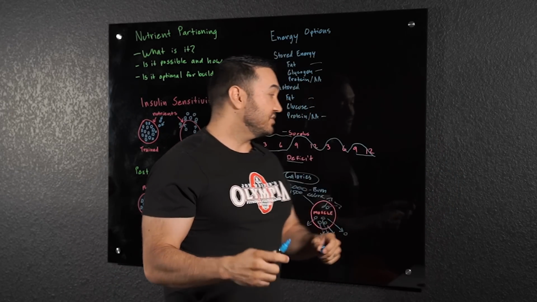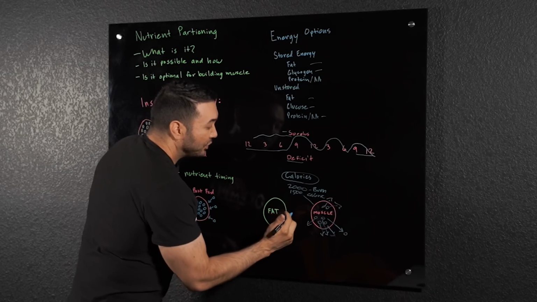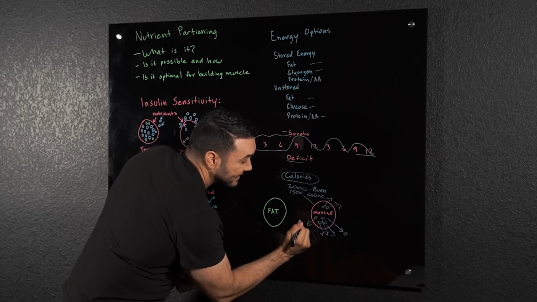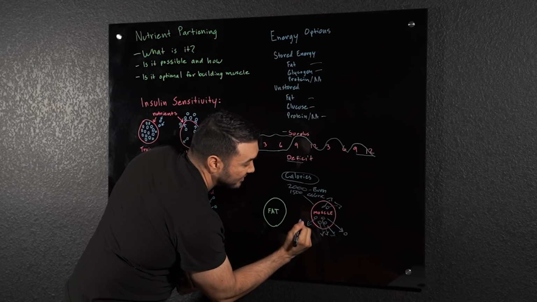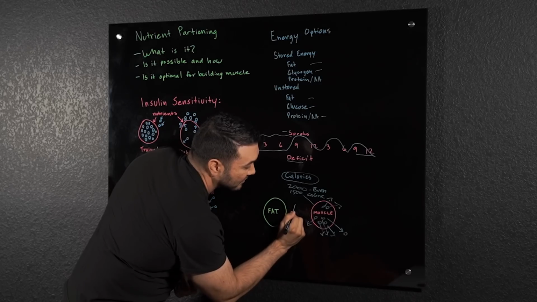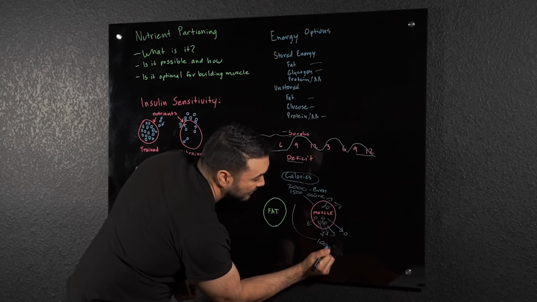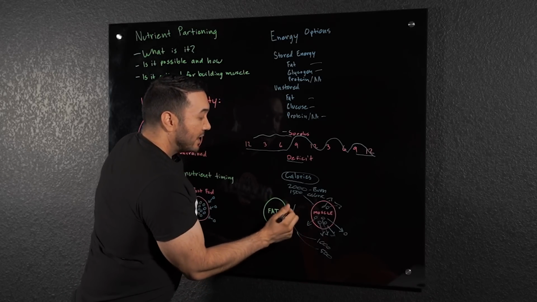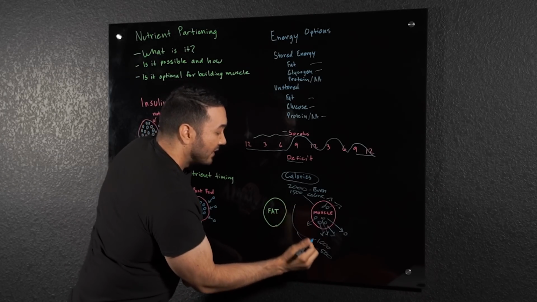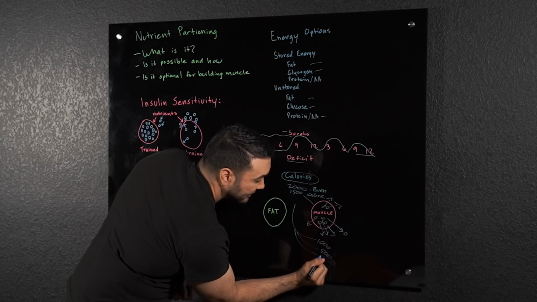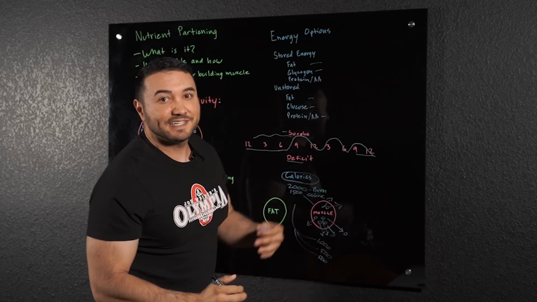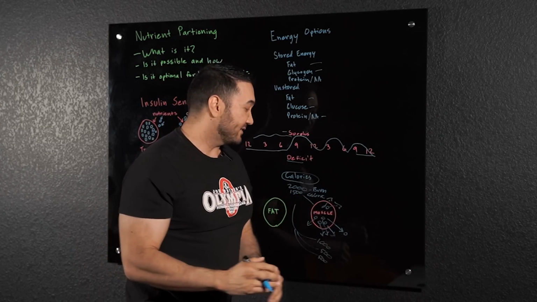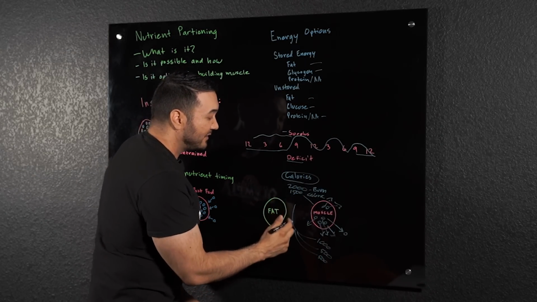So nutrient partitioning in theory is this. You're eating 1,500 calories. The demand of your body burning calories, let's just say it's 1,000 per day, and then an additional 500 from workouts, right? And then your normal day, your NEAT, your non-exercise activity induced thermogenesis, basically you walking around, just moving, things like that. So 2,000 total calories are out, but you're only consuming 1,500.